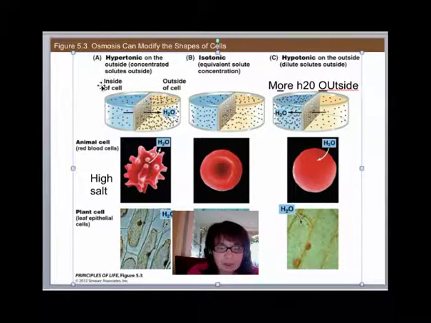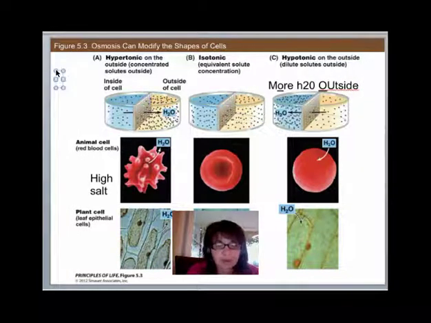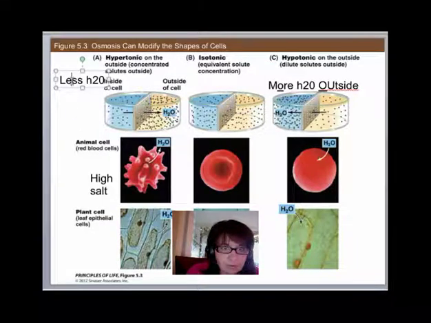In the hypertonic solution, so when it is hypertonic outside the cell, there is less water outside the cell. So I've got an E there, and there's an E in hypertonic. I'm going to have to talk about this again in class tomorrow, but you can listen to this a couple times on the podcast and see if you get it. If I put my red blood cell in a place where there is less water outside the cell, the water wants to move from high concentration to low, so the water will leave the cell and leave it all wrinkly